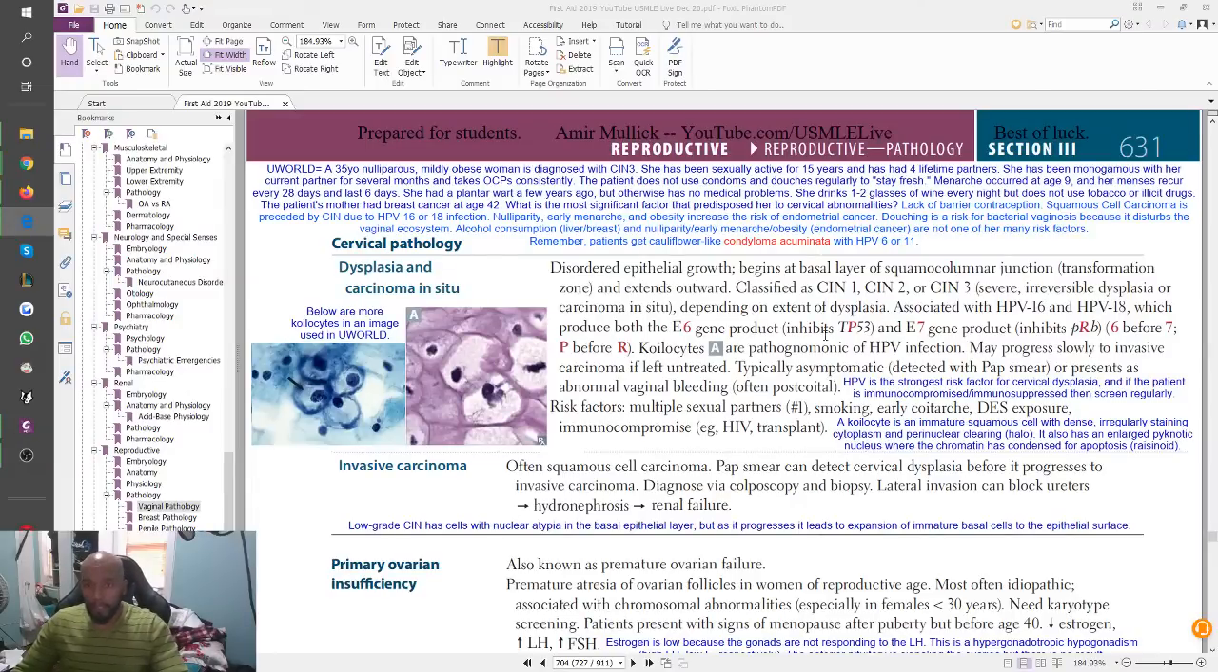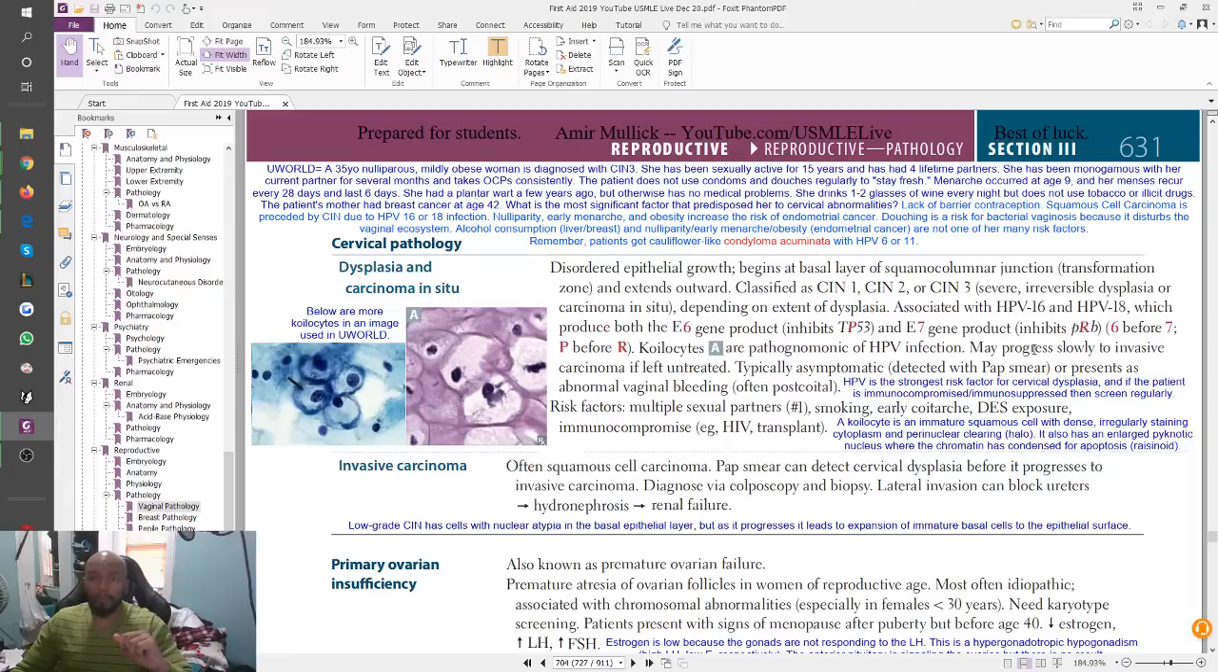So that's the genetic aspect of the pathophysiology. And then what are you going to see on histology? So I put an extra image here. The image labeled A is the one that First Aid gave you. This blue image is the one that came from UWorld. So you're going to see something called the coilocyte, right? Coilocytes are pathognomonic of HPV infection, which means that if you see coilocytes, you know we're talking about HPV-related carcinoma